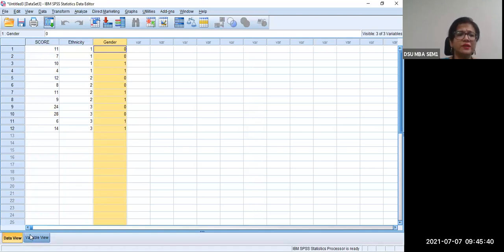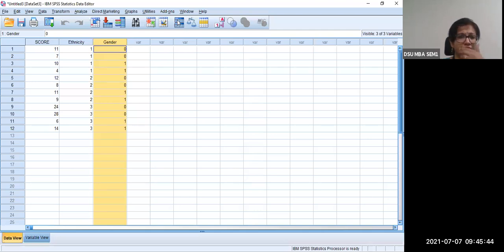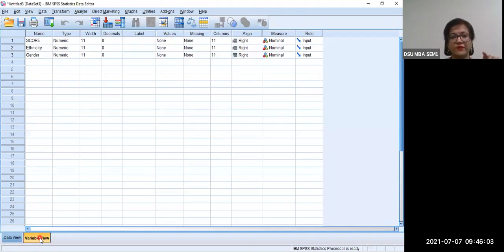Now let us see how the definitions are given. So let us go to the bottommost portion of the screen. What do I mean by that? I told you in SPSS, the file will contain 2 tabs. One is data view, where you see the data, and there is another. I've put the red cursor on the screen, the spotlight, and now I'm clicking that. This is variable view. Variable view gives you the definition of the variable.